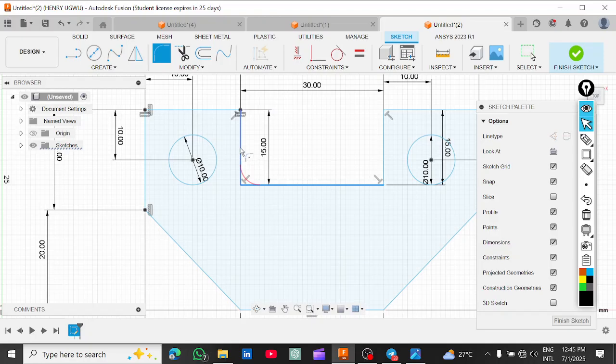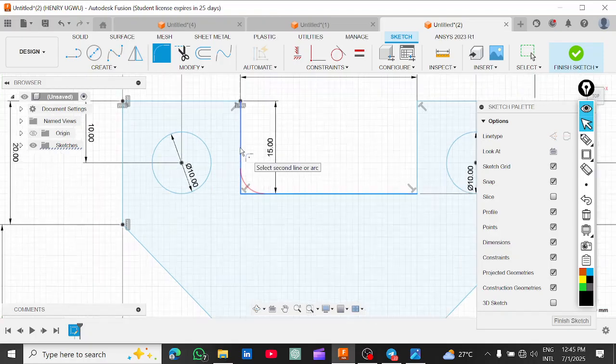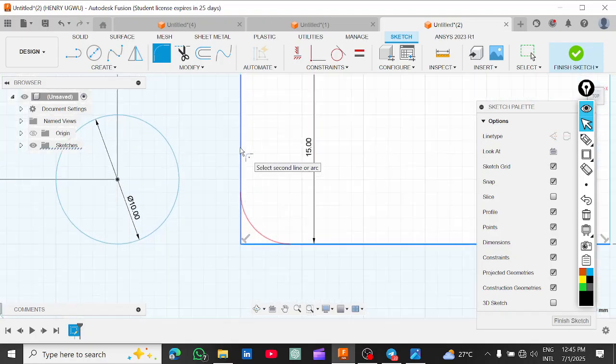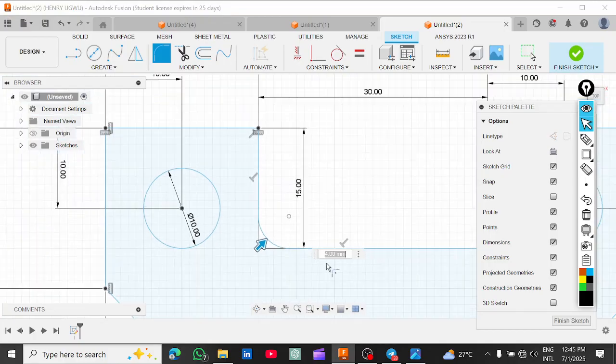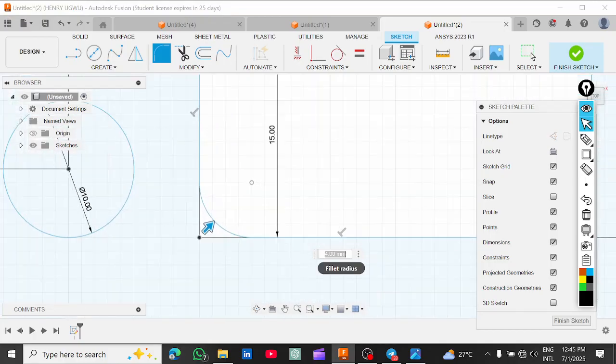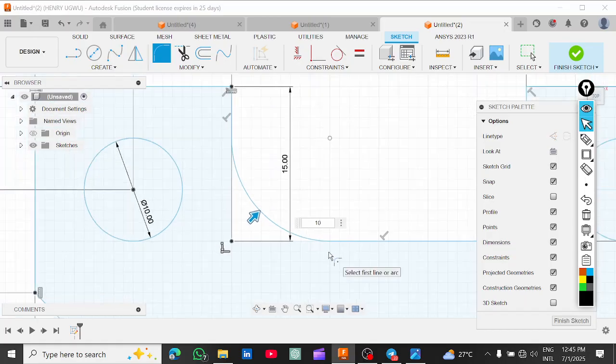So you can see when I select the second line, you see the red fillet that is being displayed there, showing you how your fillet will look. And when you click on that second line, you now have your fillet with the value displayed. Currently it's set at 4 millimeter. We want to change that to 10 millimeter according to our example design. Type in 10 millimeter, say enter. Okay, and let's click